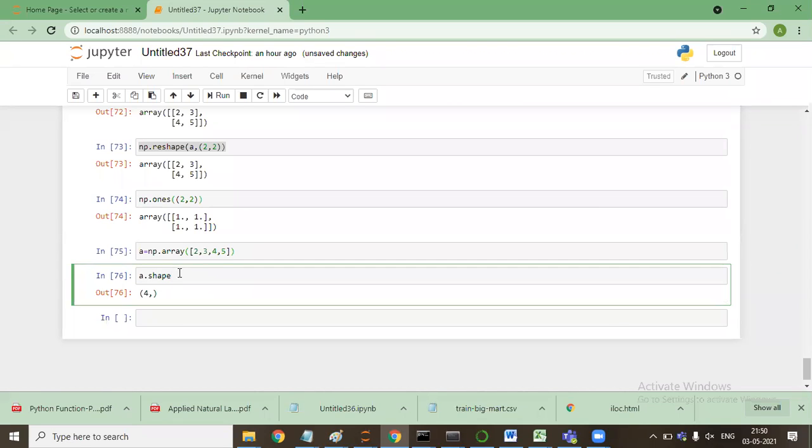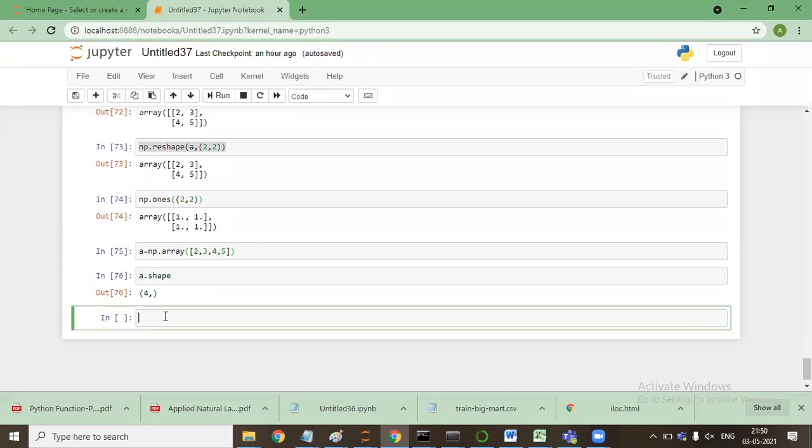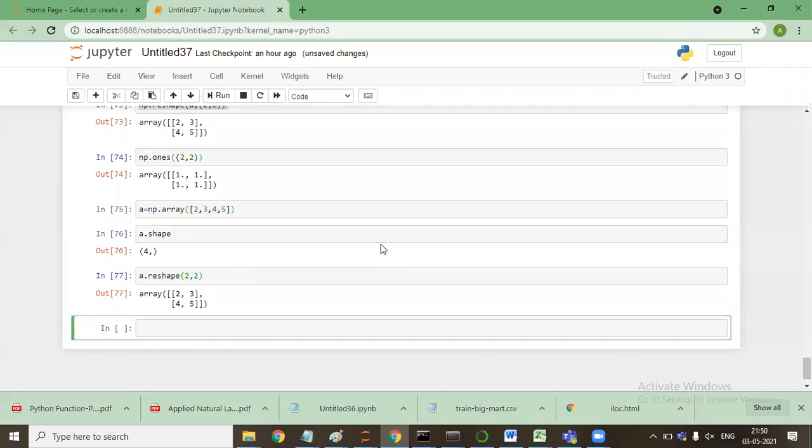But if I want to make it into a 2 by 2 matrix, then I will say A.reshape, and it will create it into a 2 by 2 matrix.